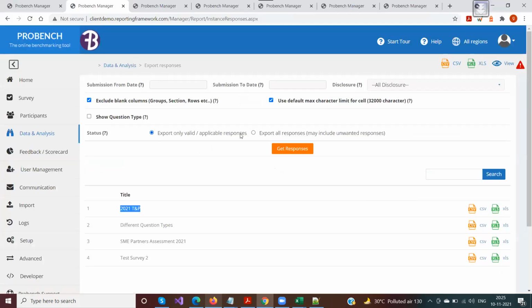Okay. And this is another very important field here: export only valid or applicable responses. If your survey has a lot of conditions, there might be visibility and non-visibility. So suppose in one case, companies went into your survey, responded to certain questions, and later decided that they don't want to select one of the options.